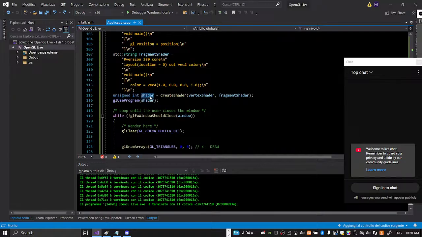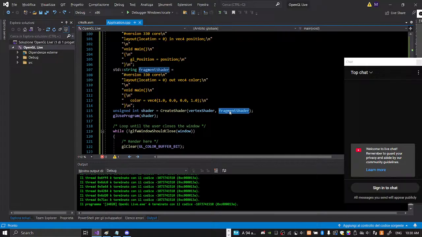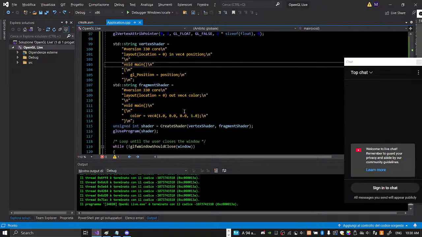So we created a shader. To create a shader, we created a function here. We have vertex shader and fragment shader. They are both strings that contain code to be compiled. Then we go here,